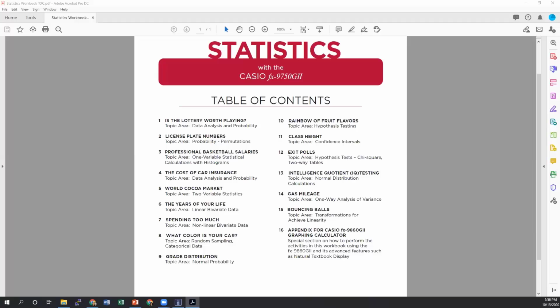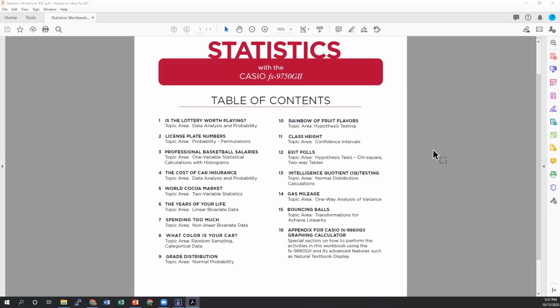All of these activities are written for what we consider the 9750 G2, the previous version of the calculator that we're using today. However, just because we upgraded the model and the model name has changed, doesn't necessarily mean that any of the functionality has changed. So you are more than able to use all of these activities, even with a different calculator model. In fact, that's true for all our graphing calculators. If you find an activity or investigation that you like, but it's not written for that calculator model, you can still use it. I would say 99% of the button pushing is exactly the same.